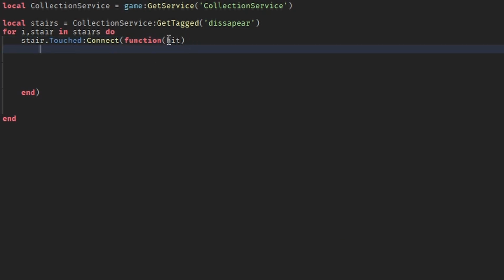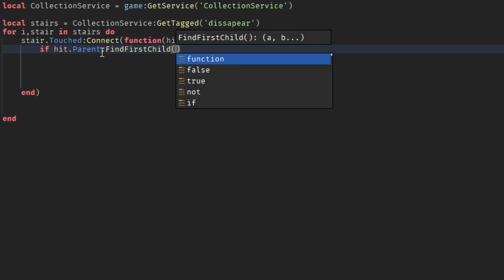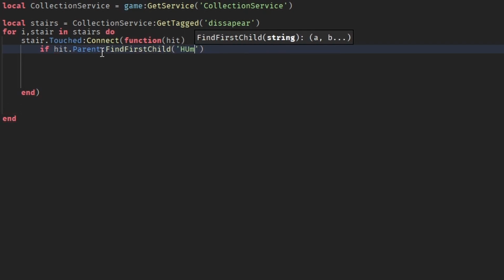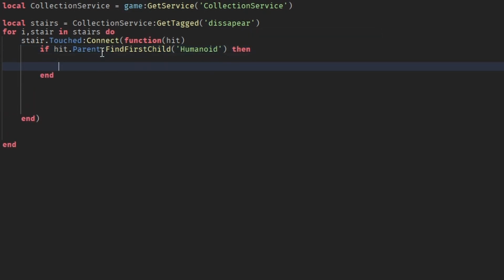So we need to check if this is a humanoid, if hit.parent:FindFirstChild humanoid, then